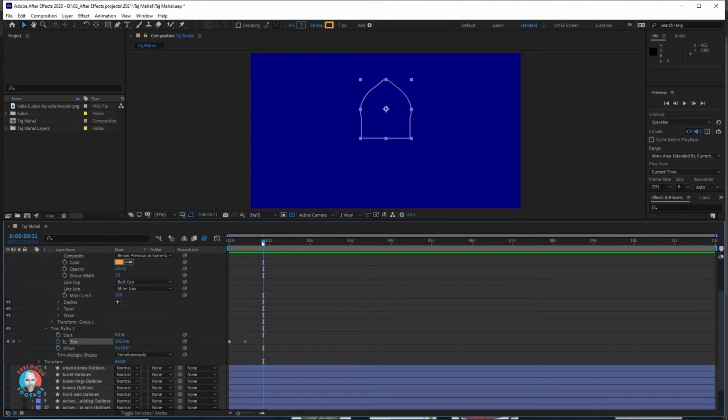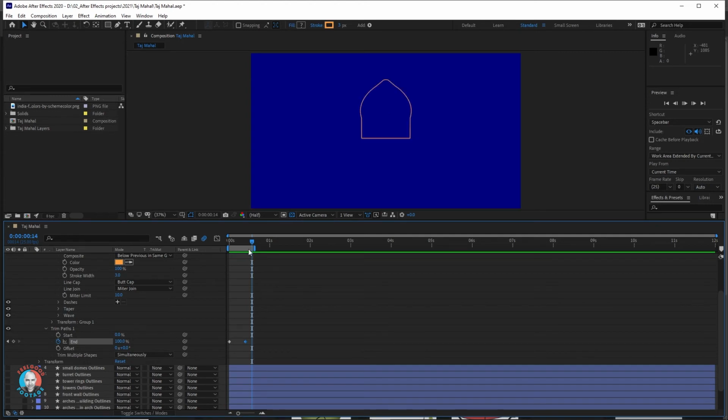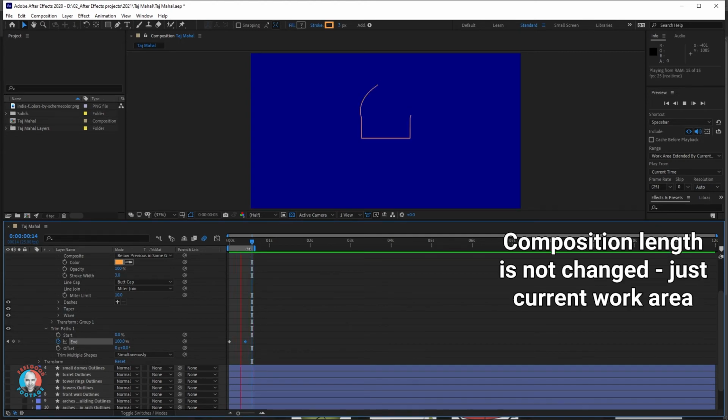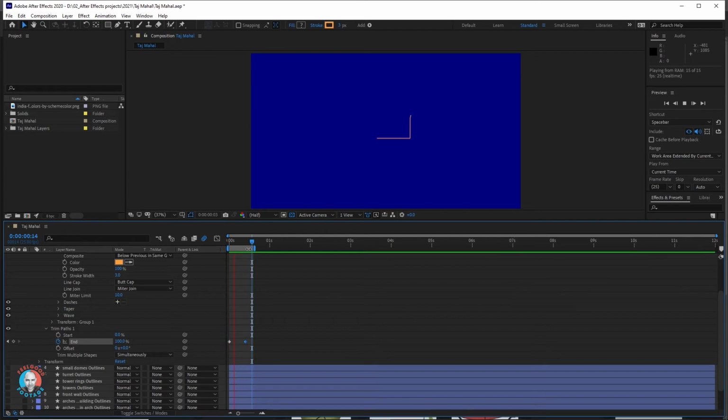Here's a little tip if you're new to After Effects. Since I know for now I'm just going to be interested in the first second or so of the comp, I'll press N to set the work area to end somewhere around the 2-second mark. That will then loop the playback at that point rather than playing through to the end of the timeline on the comp. You can do the same thing by sliding the little work area handles above the timeline to make your work area in and out point exactly where you want.